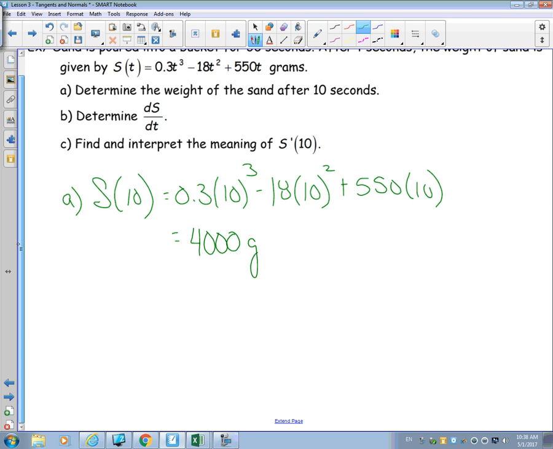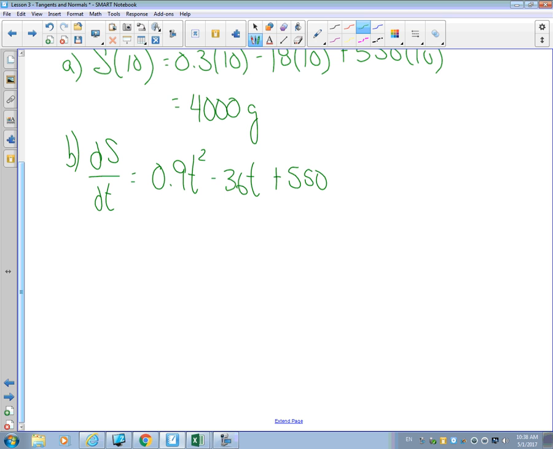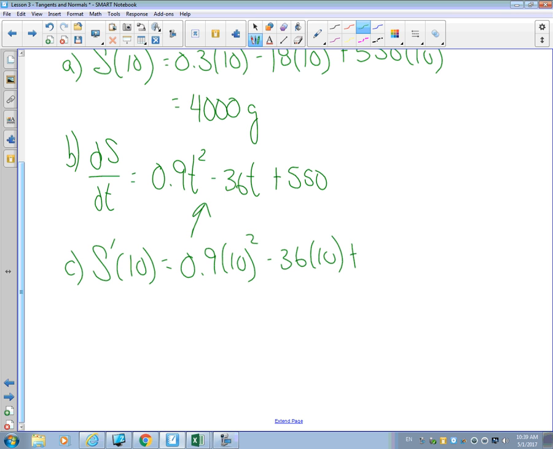In part B, determine ds dt. ds dt is another way of saying find my derivative. I can do that using my derivative ideas. So 0.9 times t squared minus 36t plus 550. And this will give me the rate at which the sand is changing at any point. Part C, find and interpret the meaning of s prime at 10. Well, I can do that. It's another way of using my derivative, 0.9 times 10 squared. We're using this equation right here, right? 36 times 10 plus 550. And put it all into our calculators, and we should get